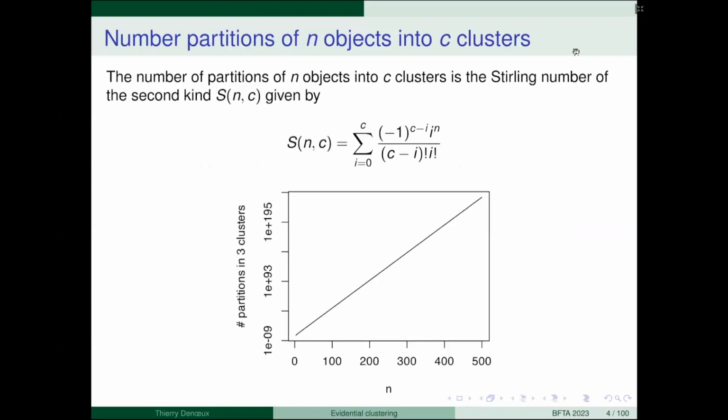The partition is to define some groups like this. For example, here I have a partition into three groups. The groups are pairwise disjoint, they don't intersect, and their union is the whole set. Okay, this is a partition.